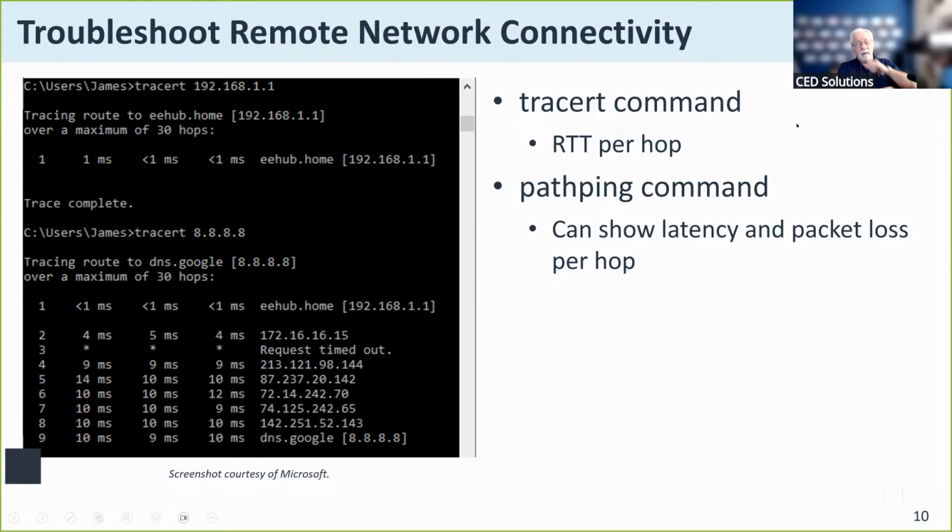The traceroute command, as opposed to the ping, gives me back information about each hop along the way. And remember, each of those hops is a router. So the display of that looks much like this. It will tell me either the fully qualified domain name and or the IP address of each of these hops. And you see here, this one says request timed out. That means that the initial router it tried to route that request to didn't respond, or it was offline or something.